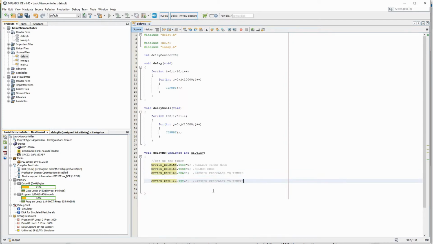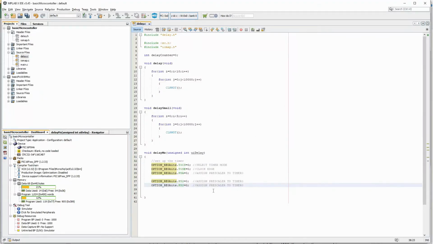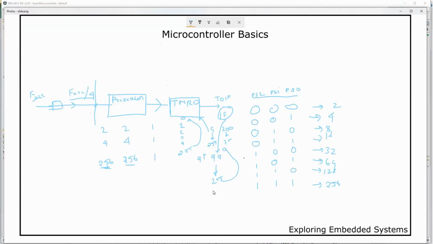PS2 is 0, then PS1 is 1, PS0 is also 1. So now we have set up this.